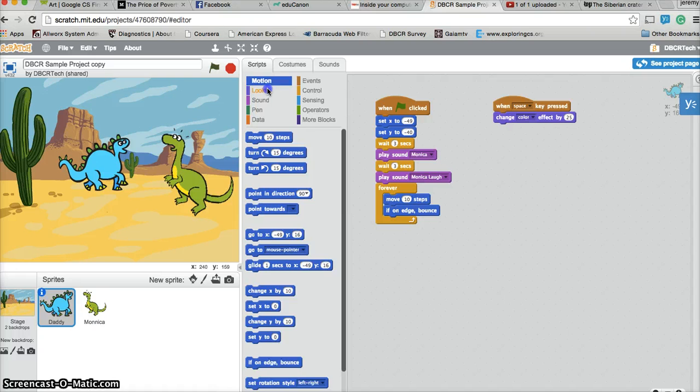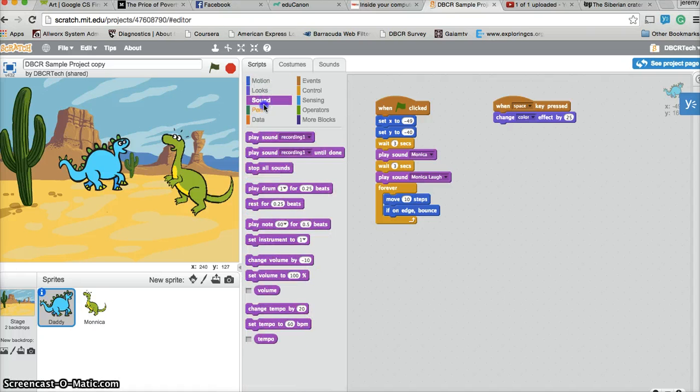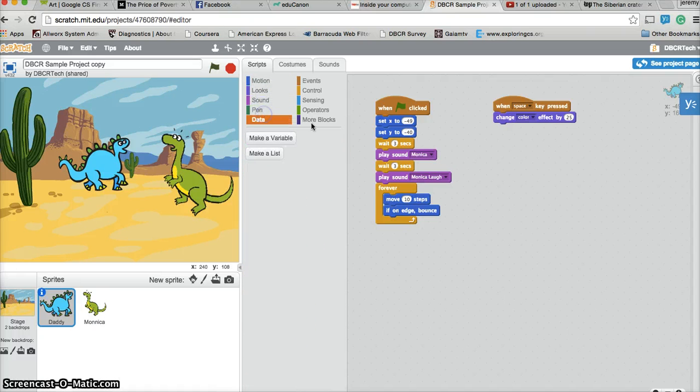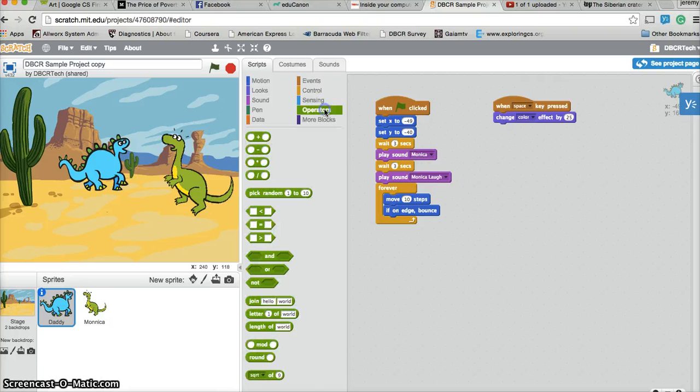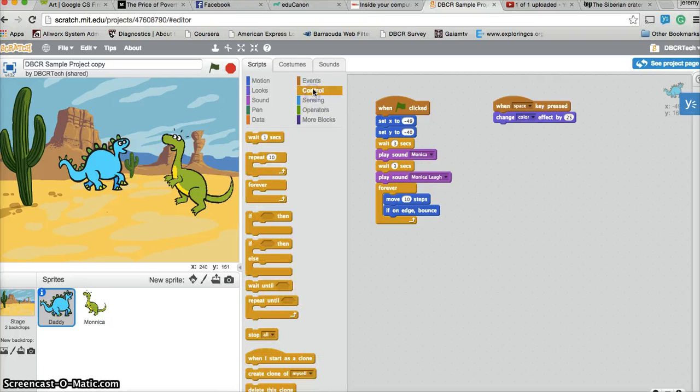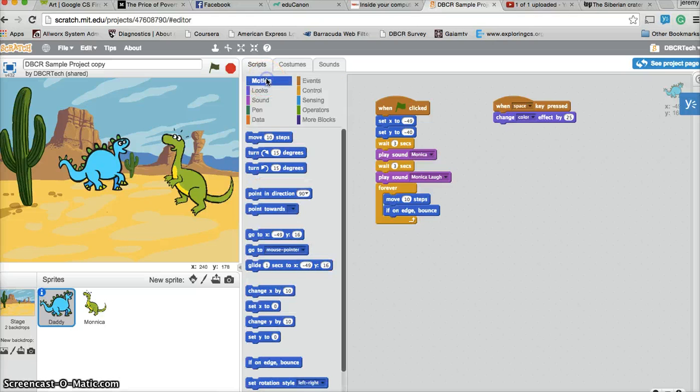So, as you can see, in Scratch, all your codes, your scripts, your controls are all broken out into different blocks, and those blocks are color coordinated. So you have your motion blocks. These are your blue blocks. These have to do with any kind of motion that your sprite or your character will do. So you can move 10 steps, you can turn 15 degrees,